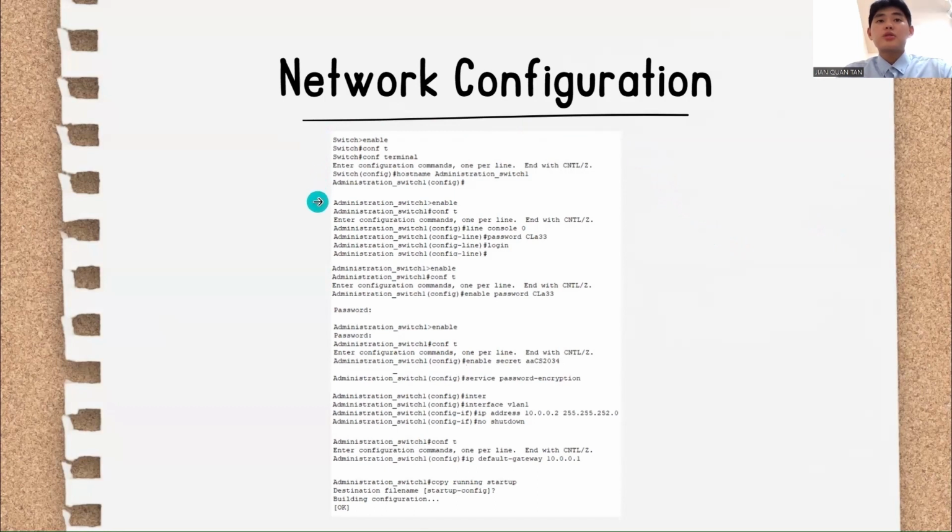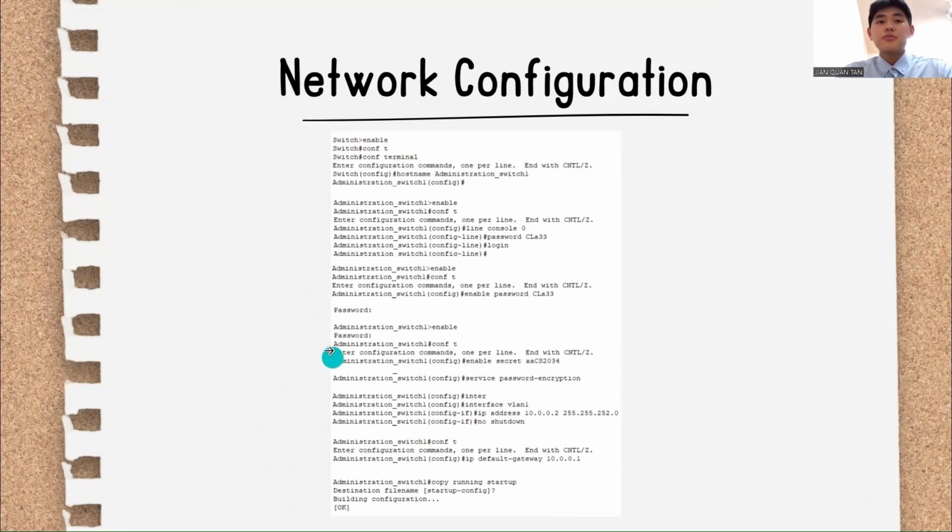To set up the password, we need to go to configure T, enter line console 0 and password CLA33. After that, enter login. For the second password, we need to go to configure T and enter enable password CLA33. For the secret password, we need to go to configure T and enter enable secret